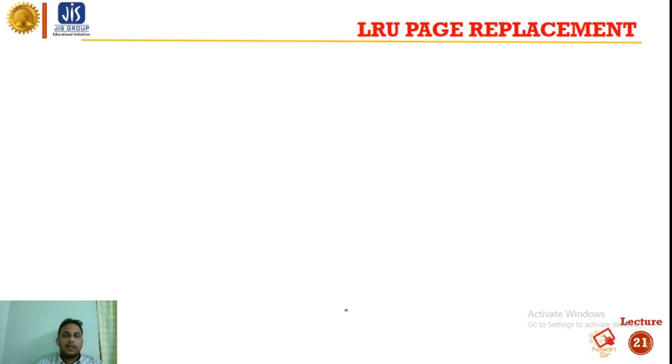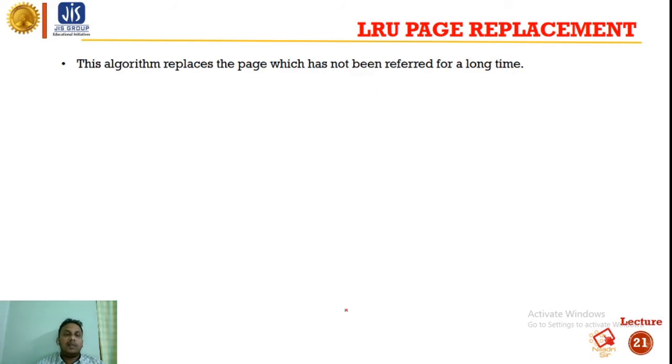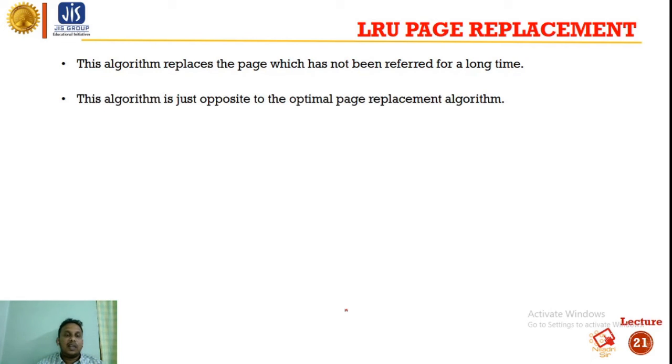Okay, next one is the LRU page replacement algorithm. This algorithm basically replaces the page which has not been referred to for a long time. This algorithm is just the opposite of the optimal page replacement algorithm. In optimal, we replace the page which will be used later in the future.